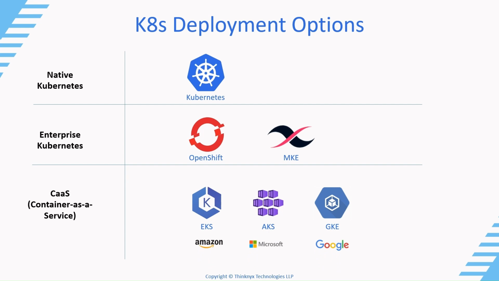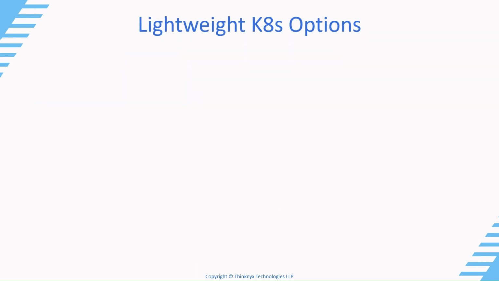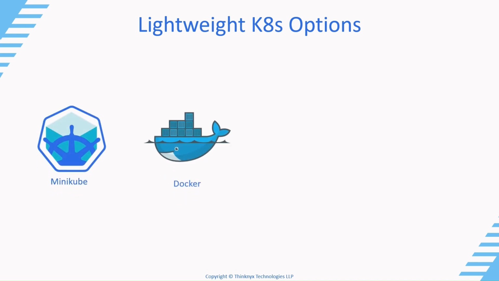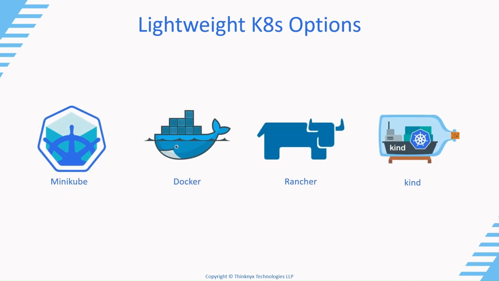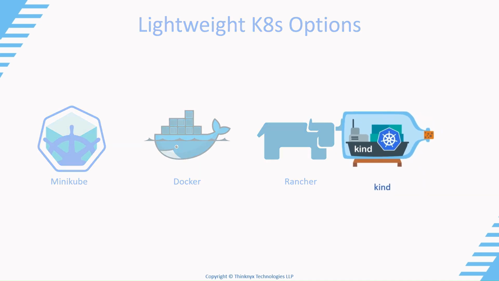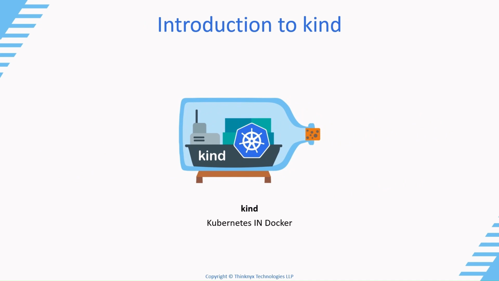While setting up a large Kubernetes cluster is ideal for production environments, it's impractical for initial learning or testing purposes. Instead, there are lightweight options like Minikube, Docker Desktop, Rancher Desktop, and Kind available. These tools enable quick creation of local Kubernetes clusters using minimal compute resources, making them perfect for getting started or testing applications before deployment. In this tutorial, our primary focus will be on understanding Kind, which stands for Kubernetes in